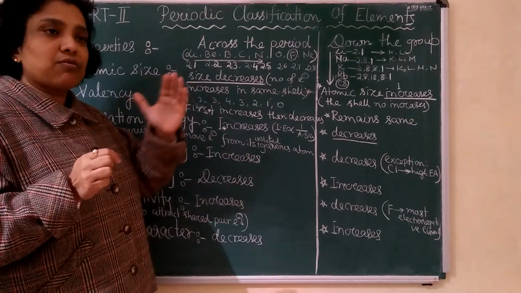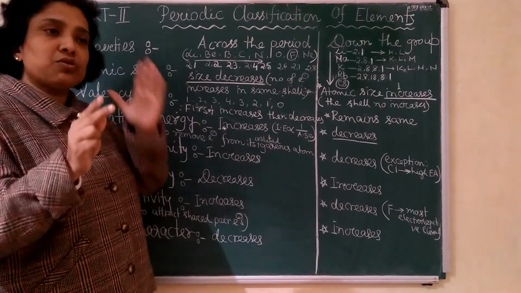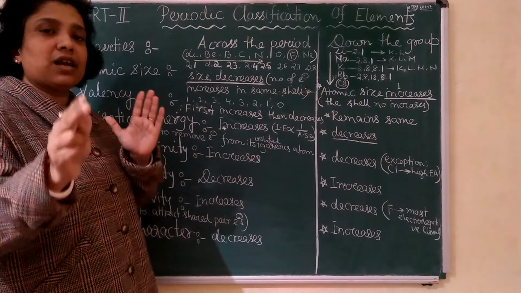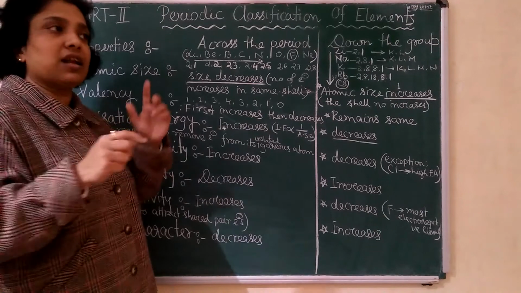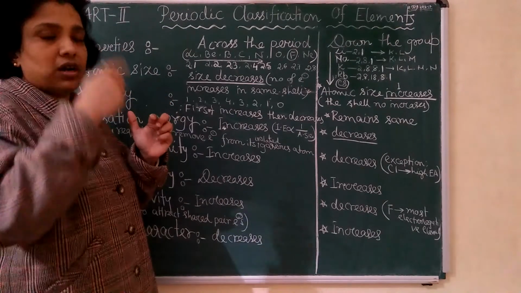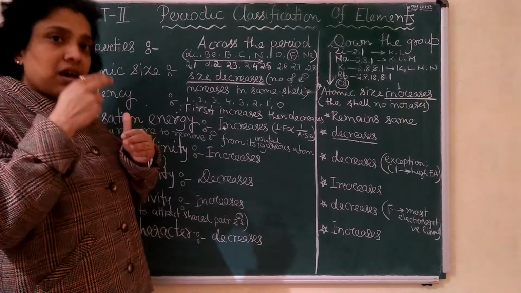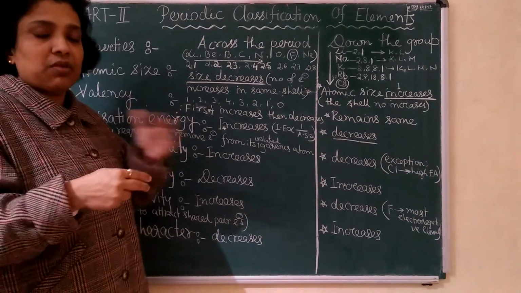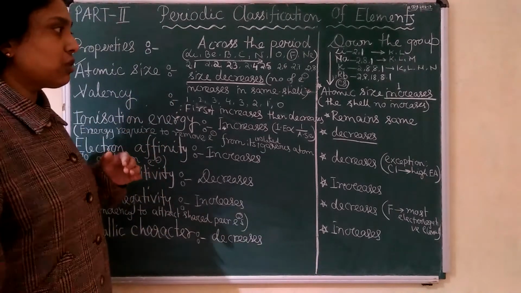So to solve, you first have to see where to place them in the periodic table, which group, the first group, second group, third group, and then you have to see the trend, whether it is coming across the period or down the group. As a result, on the basis of the discussion we have done, you can easily solve those questions.